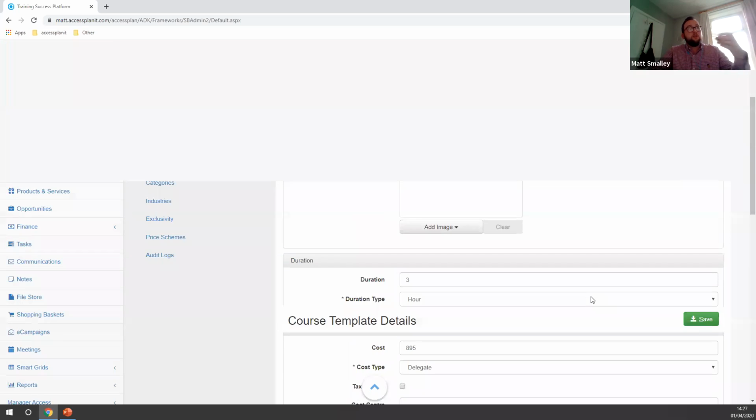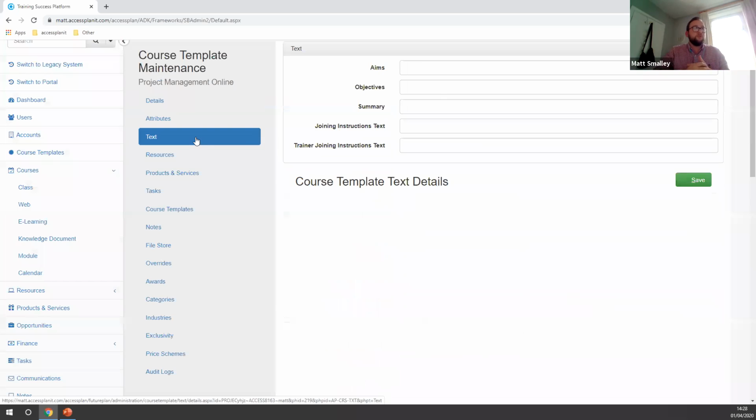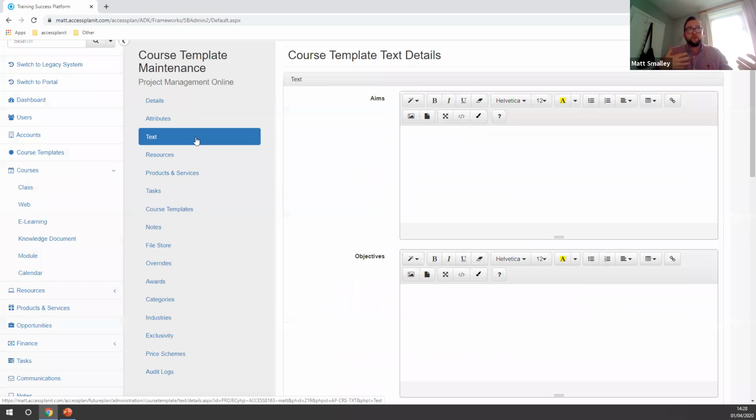So once we save this, we do have the same options as we have for our classroom-based course. You still have the joining instructions, the aims, the objectives, and the summaries. One tip and trick for people here is you can add files in here. So if you do want to send out documentation, you want to create a standard workflow, you can add files,